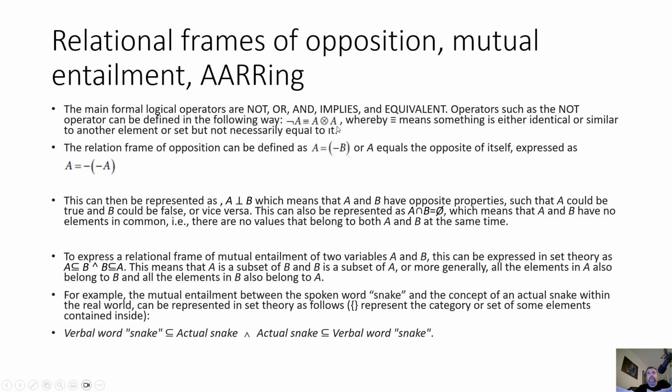A is not A. So this is just a mathematical way of saying not A. The relational frame of opposition can be defined as A equals minus B. So minus B means opposition to B, or A is the opposite of itself. So A equals minus minus A, the opposite of itself. This can also be represented using A with the